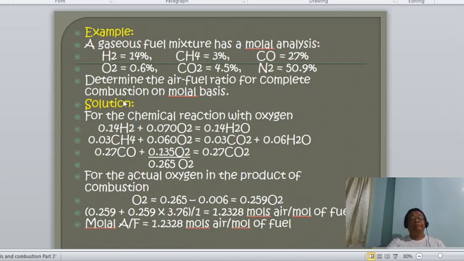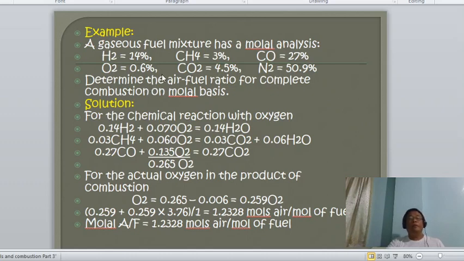So, let us now determine the chemical reaction of this composition, or those elements which are combustible. Okay? So, let us now, for hydrogen, it requires 0.070, or for 0.14 hydrogen, it requires 0.070 oxygen in order to yield 0.14 water vapor. Okay? So, in burning hydrogen, and then combining it with oxygen, of course, the product of combustion is H2O,